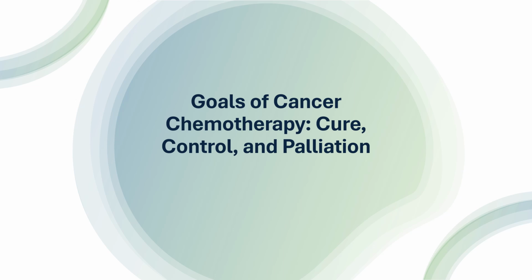Chemotherapy has three general goals: cure, control, and palliation. When diagnosed with cancer, the primary goal desired by most patients is to achieve a complete cure, that is, permanent removal of all cancer cells from the body. The possibility for cure is much greater if a cancer is identified and treated in its early stages, when the tumor is small and localized to a well-defined region.